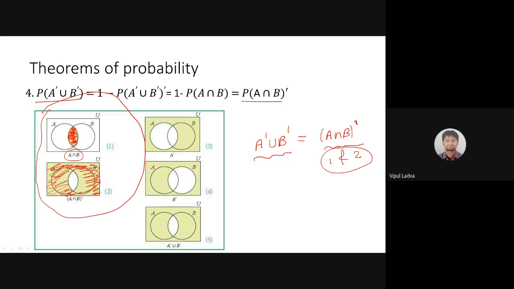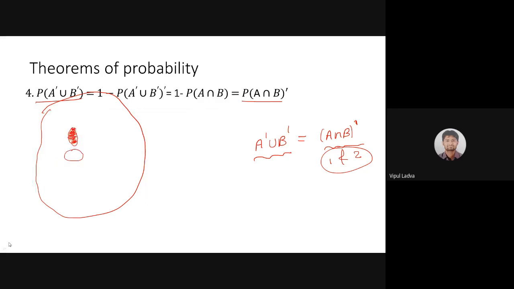So this is my A intersection B. Let me erase this. This is my (A intersection B) dash. Now, we are done with this. On the left hand side, this is the region which represents (A intersection B) dash. Now, let's begin with the right hand side, sorry. So, A dash union B dash. For the union of both, first I need A dash, then B dash, and then we will go for the union part.